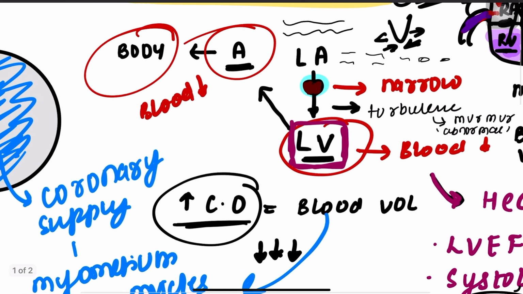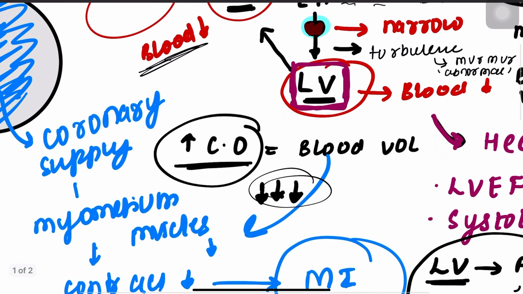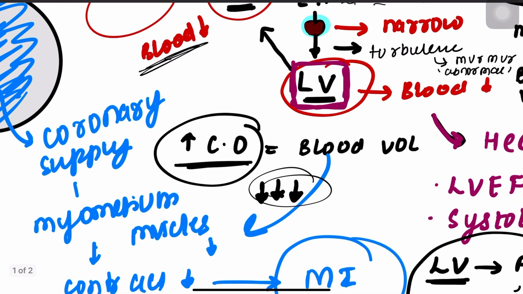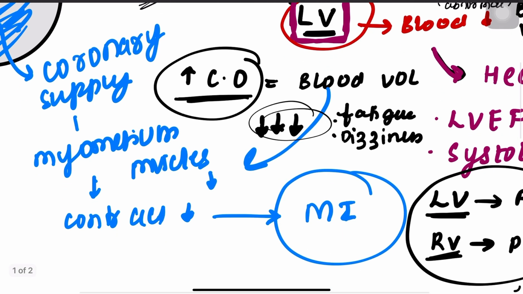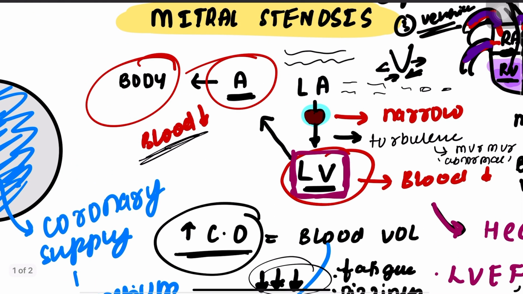So this is the basic pathophysiology: blood is not able to go from the left atrium into the left ventricle, and hence the cardiac output goes down, which results in fatigue. The patient will come to you with complaints of fatigue, dizziness, and palpitations. Probably anything is possible with this patient, but this patient will be very fatigued because of decreased cardiac output. A very huge complication is that it could result in MI. Now there's this other thing that you need to